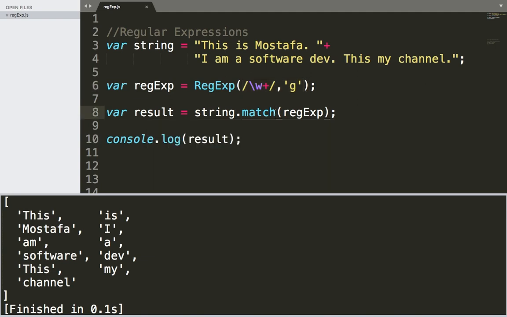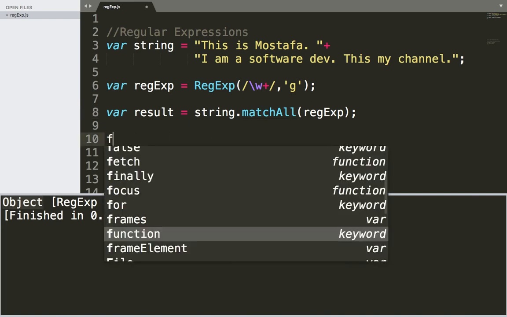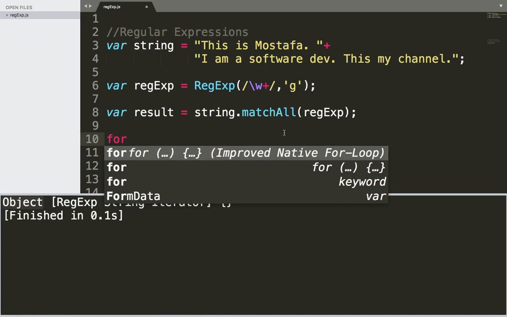But if I use matchAll, and I save and run, as you can see, what I'm going to get is an object, and here it says RegExp String Iterator. So here we need to loop through the result. We can't just display the result, it's just an object. So what I'm going to do is use a for loop,